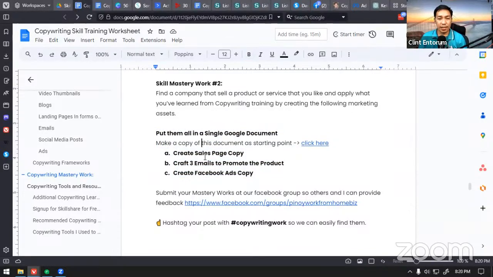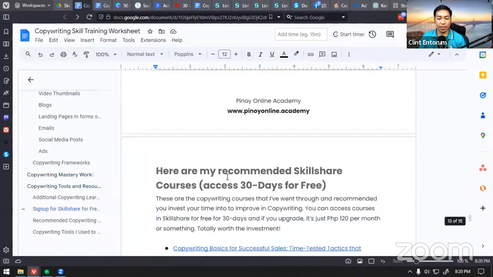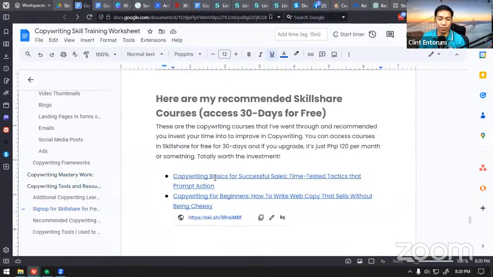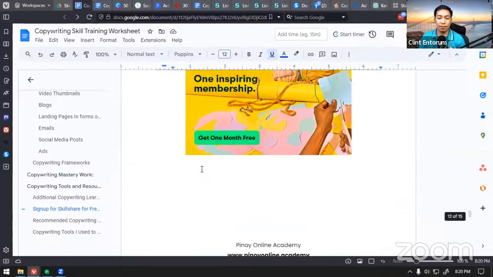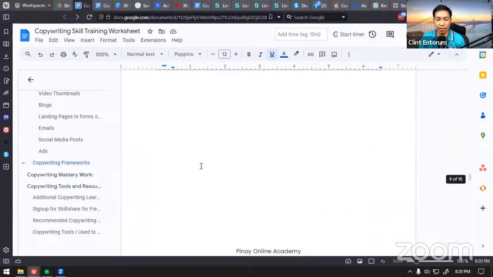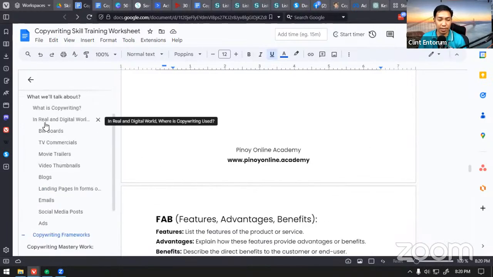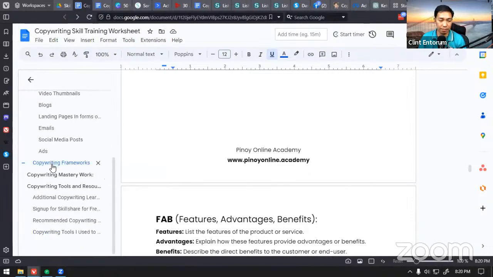Kung hindi po clear what I'm talking about, ano ba yung copy, so I already discussed that copy is a form of words. Okay, so yun po yung copywriting. So that's why you have to go through those lessons here. Okay, so go through these lessons, and you will have more fundamental knowledge about copywriting. Kung malalab mo ang copywriting, you will really thank those courses. I really recommend them.